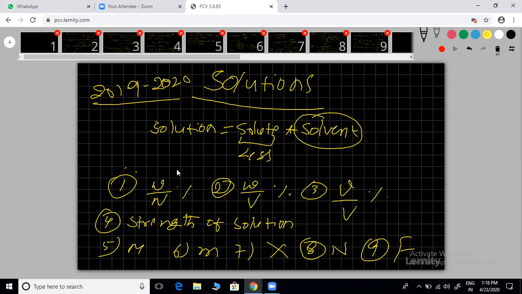In 11th standard we discuss all the concentration methods. But in the 12th standard solution chapter, the more important ones are mole fraction and molality, and most often molality is asked. Molality, mole fraction, and their interrelations are important. Clear? We'll see next.